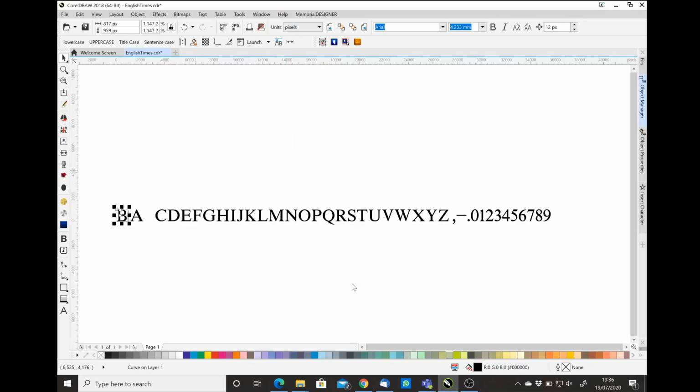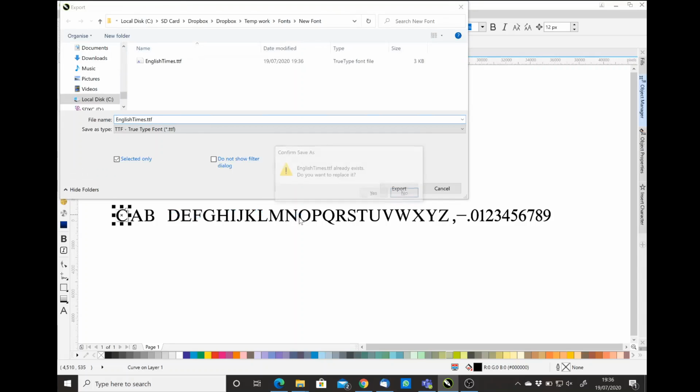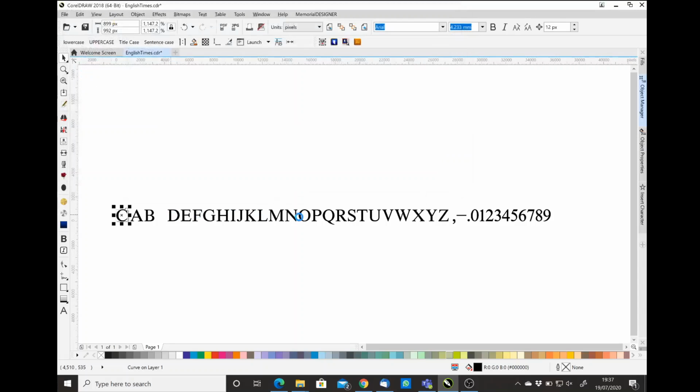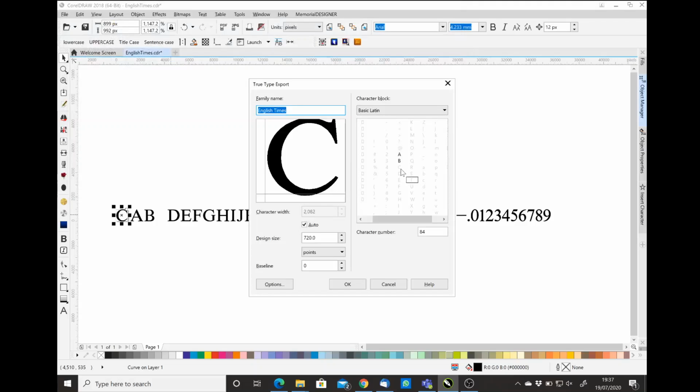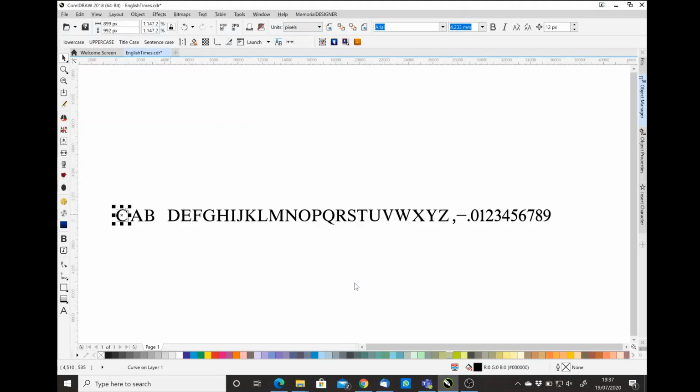Click OK, Control-Z to undo, select the letter C, Control-Shift-E, Control-E, Enter, left, Enter. I've done this a few times, and we can just keep doing this